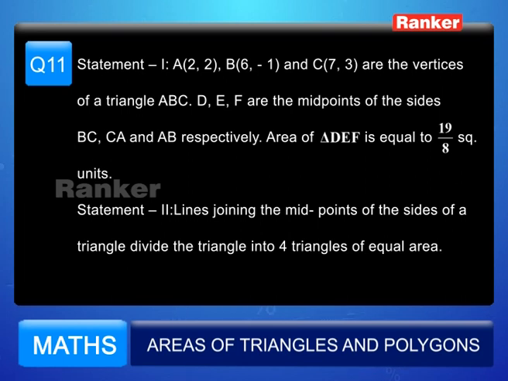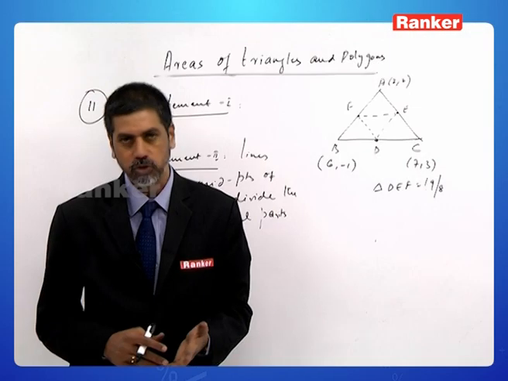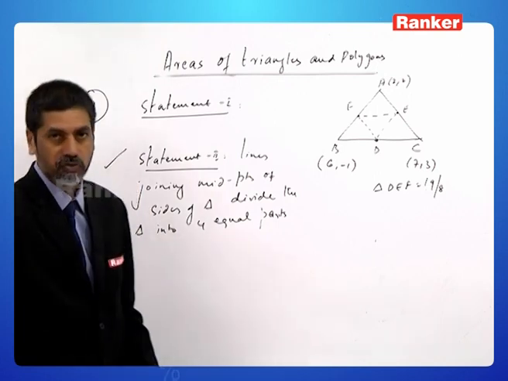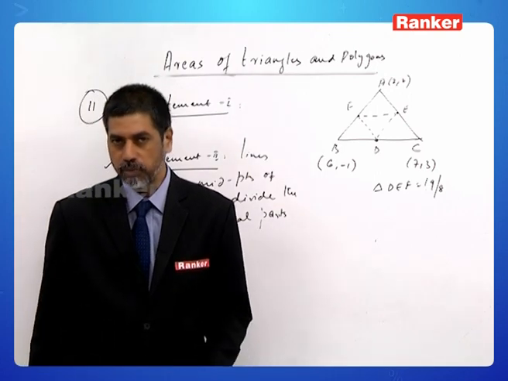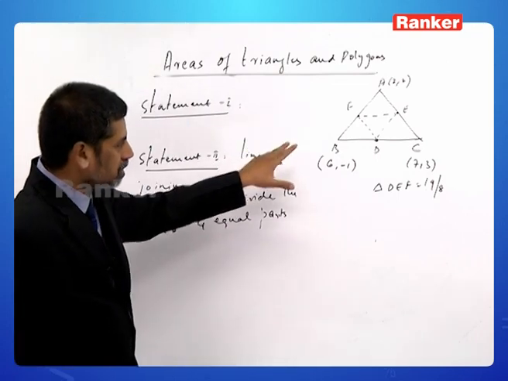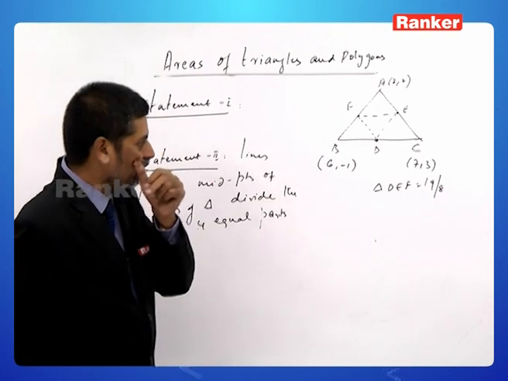Statement 2 says lines joining the midpoints of the sides of a triangle. Now DEF are the midpoints. The lines joining the midpoints will segment the triangle into 4 parts. And theoretically, we can prove that all the 4 triangles are equal in area. So statement 2 is true. It's a universal truth as far as Euclidean geometry is concerned about triangles. So the only verification we have to do is about the area of triangle DEF, whether it's 19 by 8